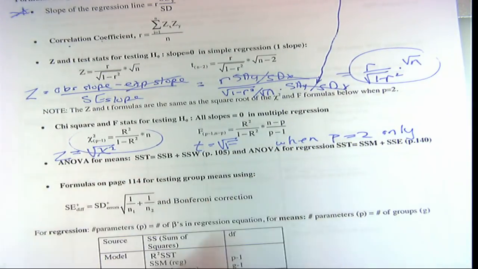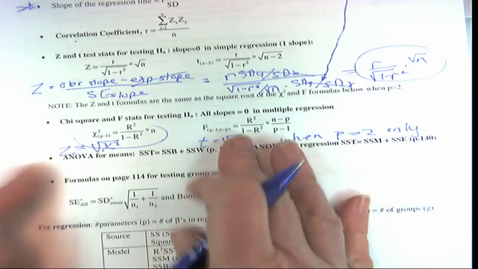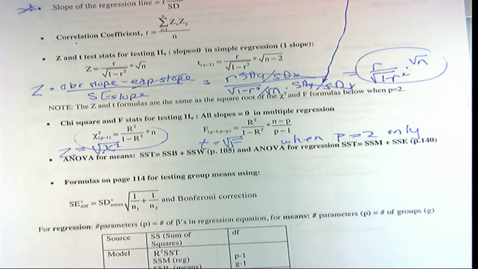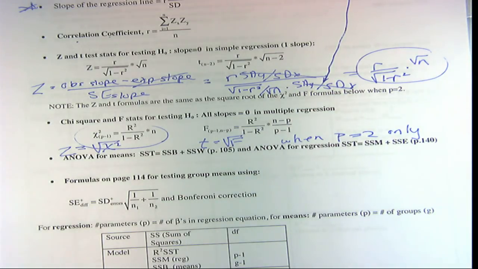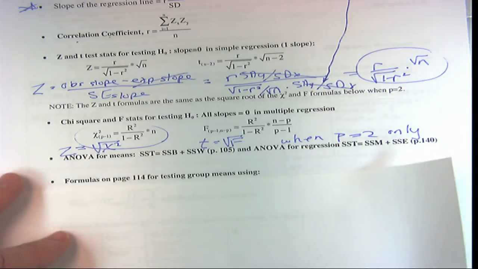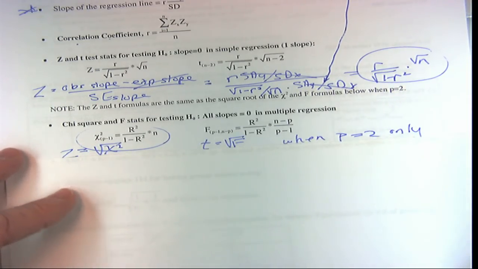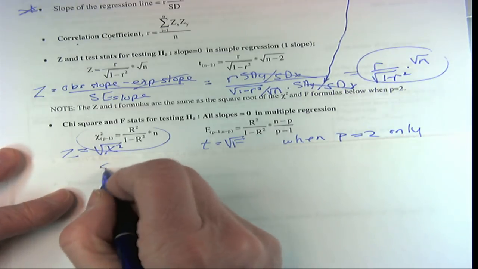Otherwise, we have to adjust everything for the other variables in the model, the other x's in the model. Now, this is all for regression, but if you've started by the end of, after we hit chapter 29, you saw it all applied to means as well. So, I said in multiple regression, but let's make sure that you know, because it's much easier to remember it this way, that this is for multiple regression, and this whole thing is the same